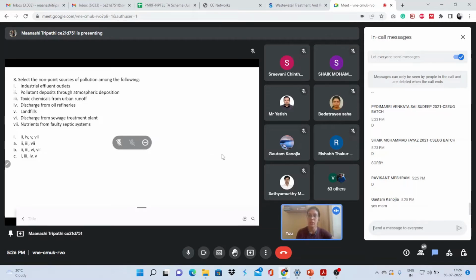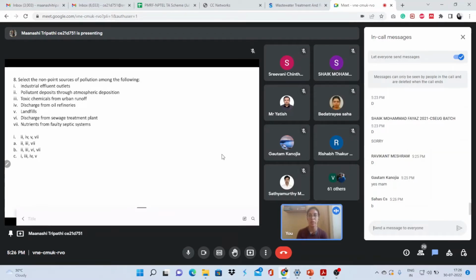Kind of the same question. What is a point and non-point source? Just understand the difference. A point source is one in which we can measure or quantify how much water is there and how much concentration is there. It's easier to quantify, and we know from where the water is coming. In a non-point source, we have no idea from where the water is coming. That is the basic difference. You just need to answer where.